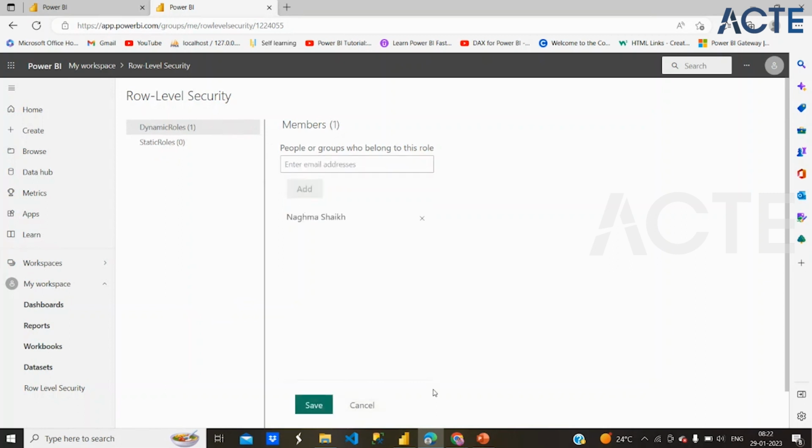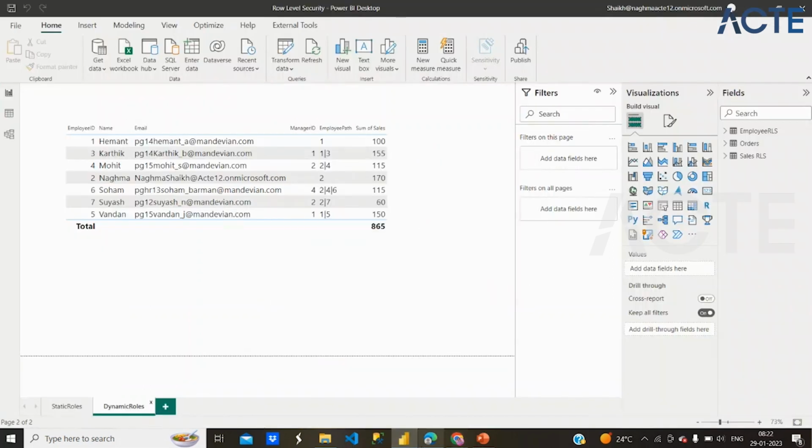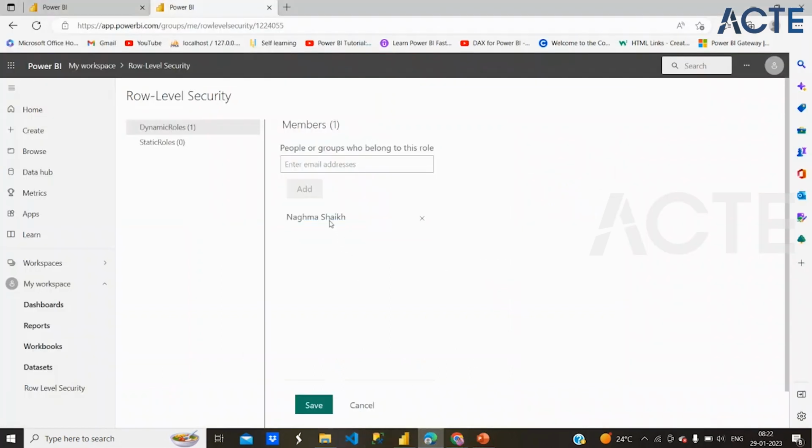Okay, here the another name is Hemant, right? If I write Hemant here, then you can see you can't use invalid or duplicate emails. Okay, it means these are dummy data, so we cannot use this for live purposes. So after adding this email address, we need to click it here. Okay, this dynamic role,